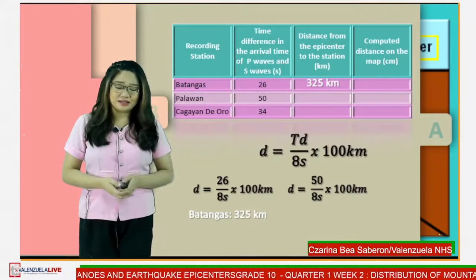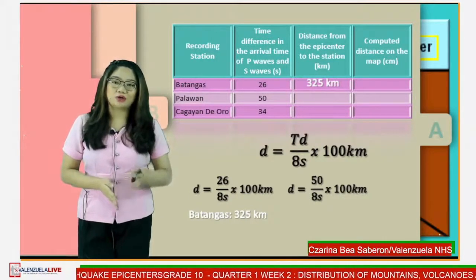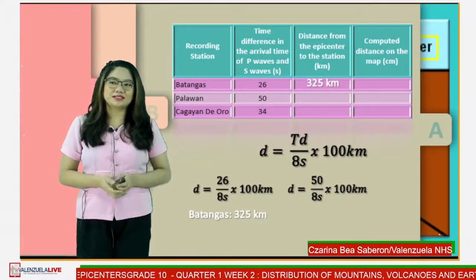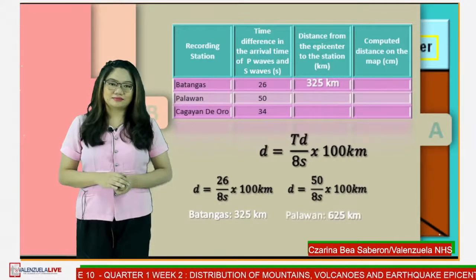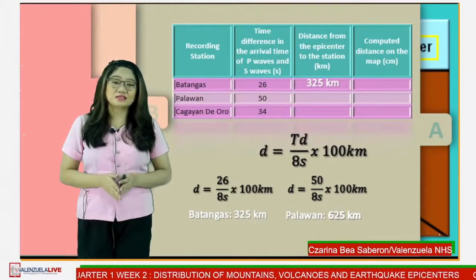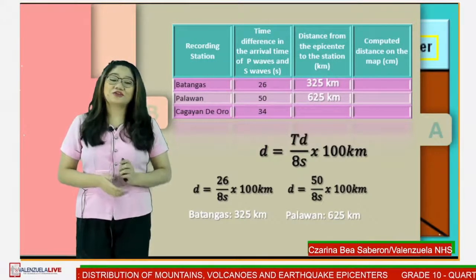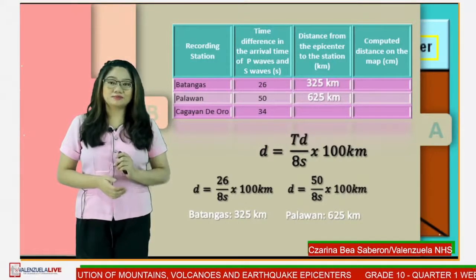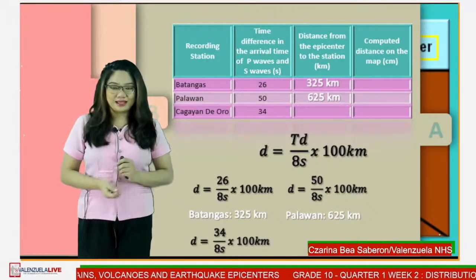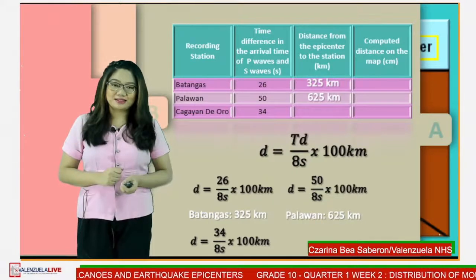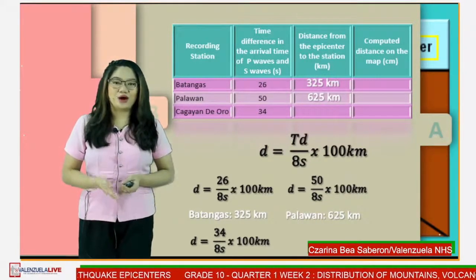50 seconds over 8 seconds times 100 kilometers. So what will be our distance? All right, good job. That will give us 625 kilometers. All right, for the last one, which is Cagayan de Oro. So the distance is equal to 34 seconds over 8 seconds times 100 kilometers. And that will give us a value of,